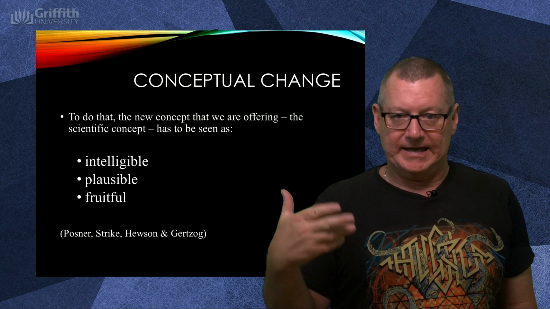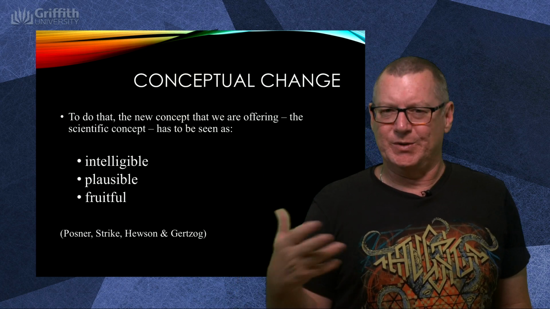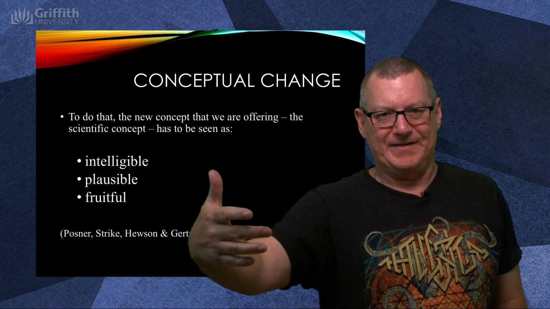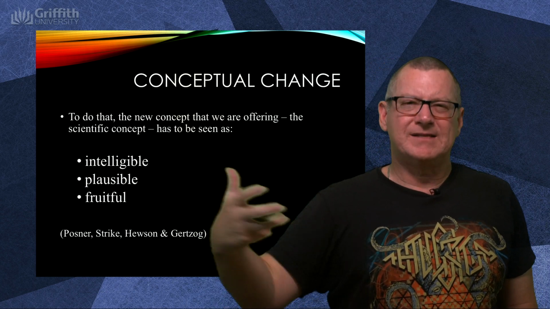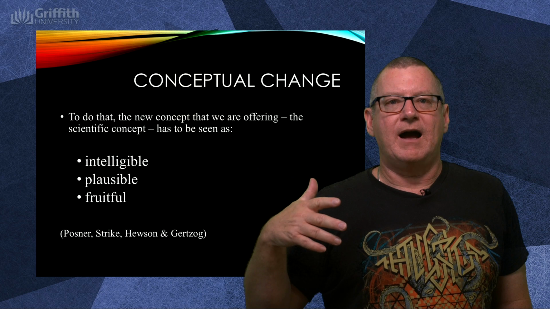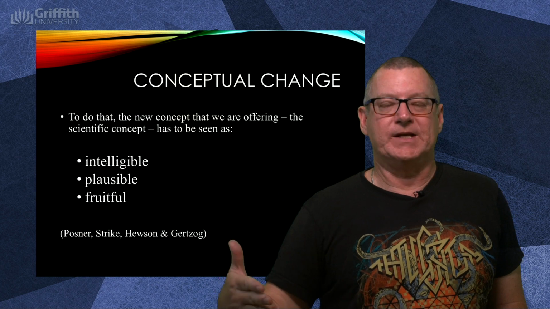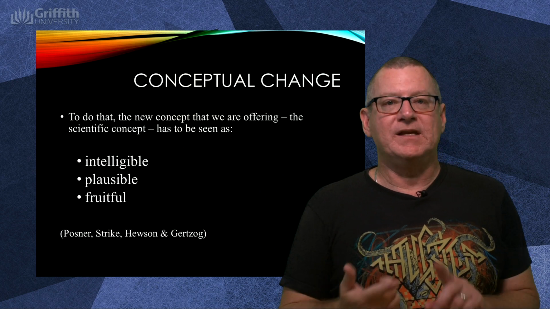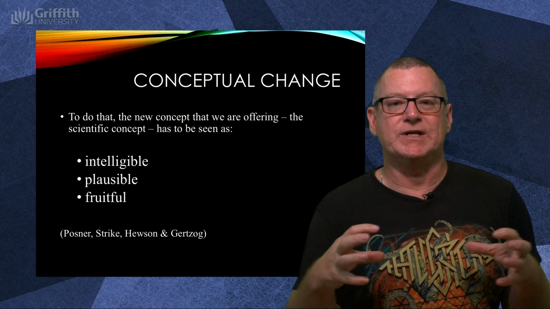And that's usually okay, although for some of the stuff in relativity and some of the stuff in quantum, where it's quite counterintuitive and weird, that can be harder. But by that time, usually we've got them trusting us a bit because they've seen a number of things we've done already. So intelligible, able to be understood; plausible, seem real, seem reasonable, seem sensible; and fruitful. That is, it has the potential to be more powerful, to explain more phenomena that their existing concept didn't explain. So that's 4 things: dissatisfaction, intelligible, plausible, fruitful. That's the root of conceptual change theory